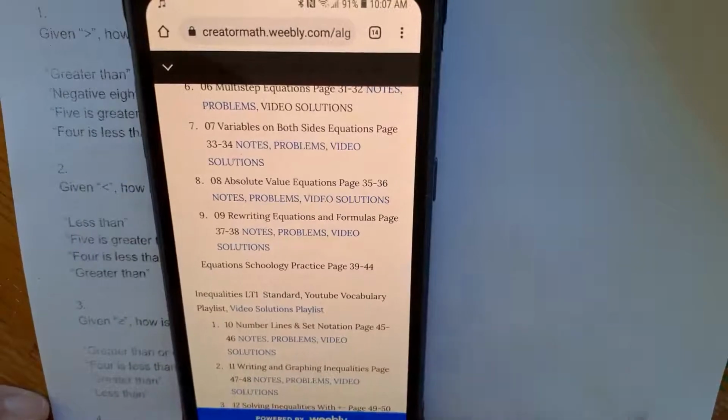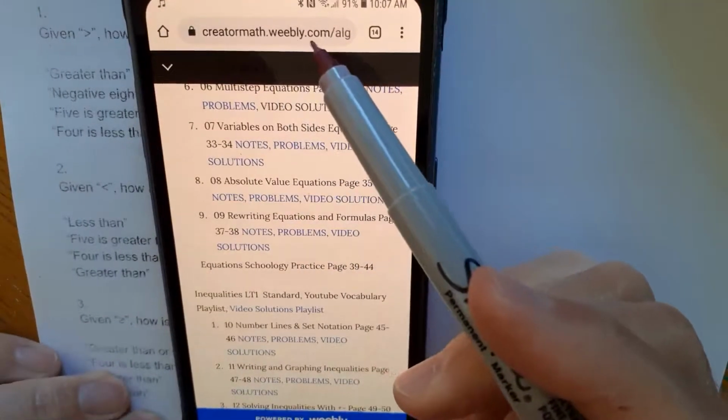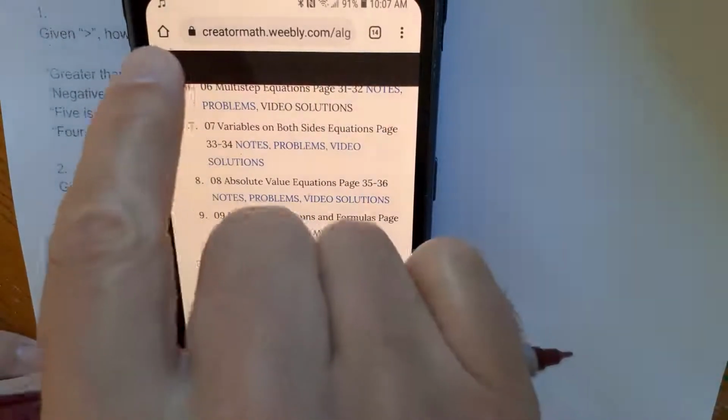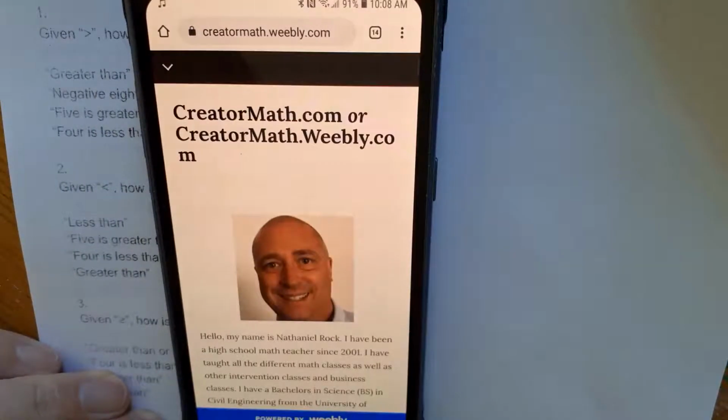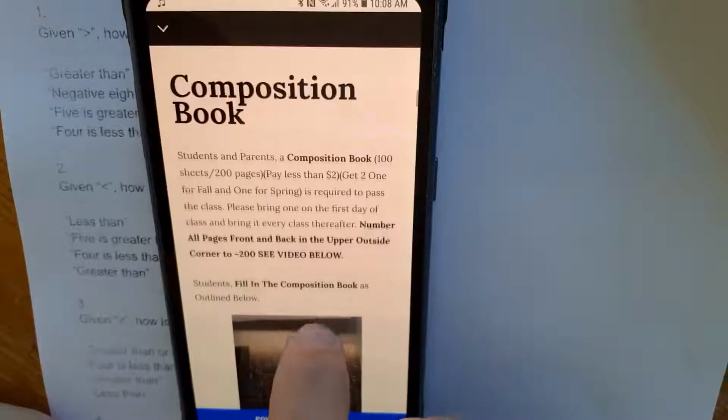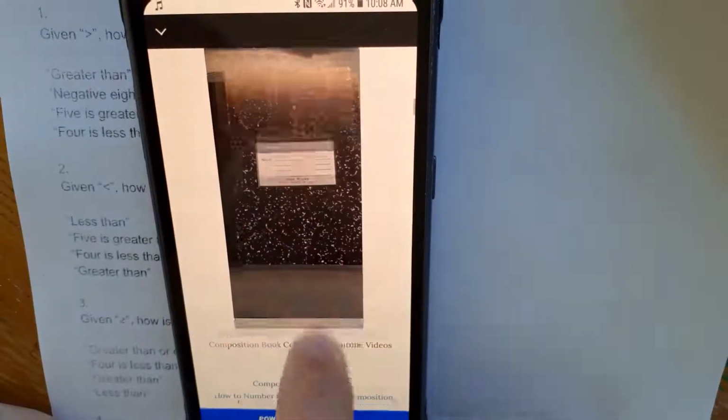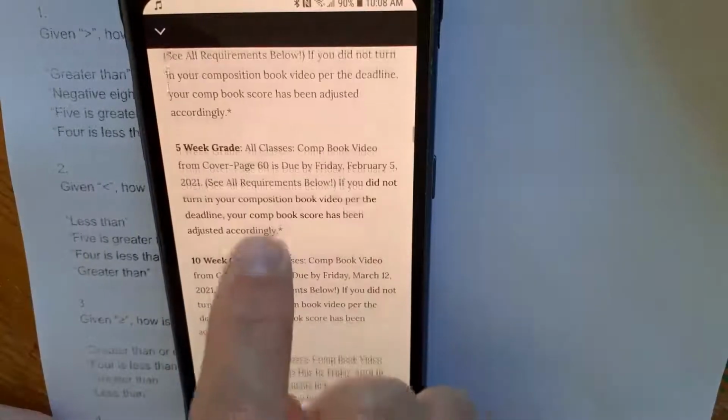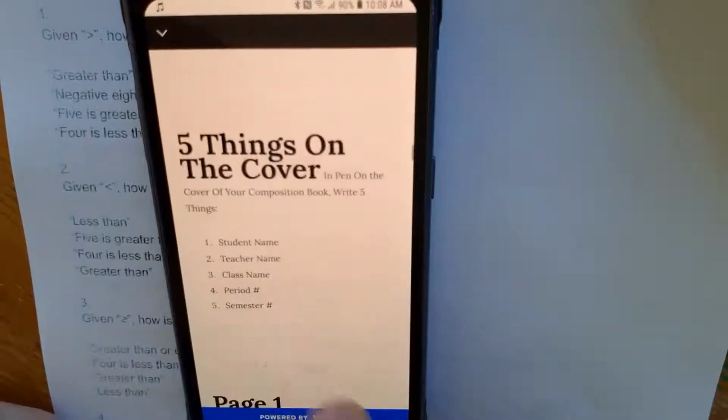First, the website. Here's the actual address, creatormath.weebly.com. Type that into Google. You should be able to find this homepage, hopefully. There you go. Once you're on that homepage, you're in the right place. Scroll down on that homepage until you see comp book. Please follow all the directions, watch all the videos, follow all the due dates, put everything where it goes,